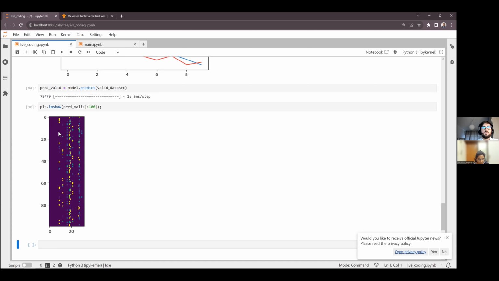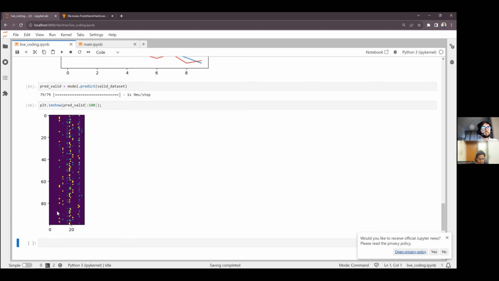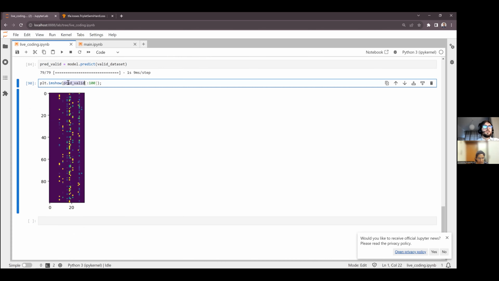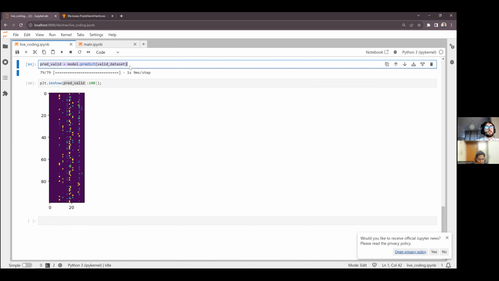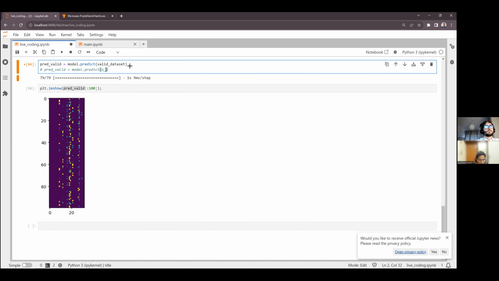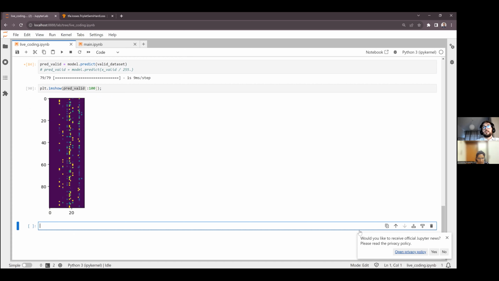If our model is trained correctly, we should have that images with similar patterns have similar meaning for us humans. Now, you can do the predict, also useful to know, simply with x valid, dividing by, making sure that the range of values is the same. So this should, okay, go. Now, we can take an image, let's say the image 0, and look into all the others and search for the image that is the most similar to the first one.